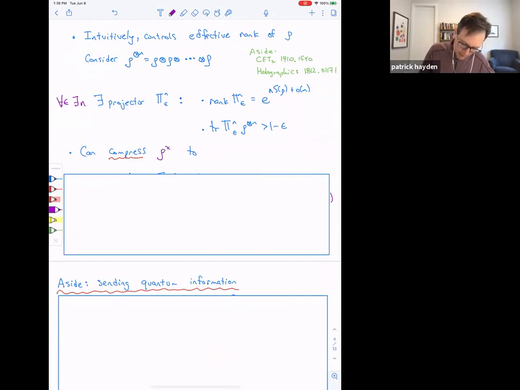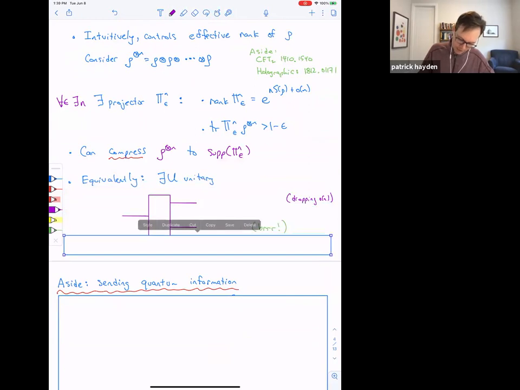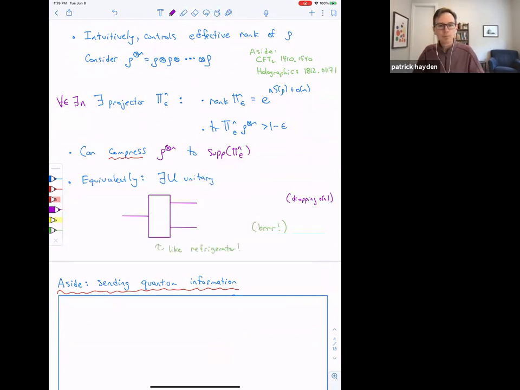We can compress our state to the support of this projector. Now we can also think of this a little bit. It will be useful today and in future days to think of a unitary transformation that could actually implement this compression operation. And so if we have many copies of this quantum state rho coming in,